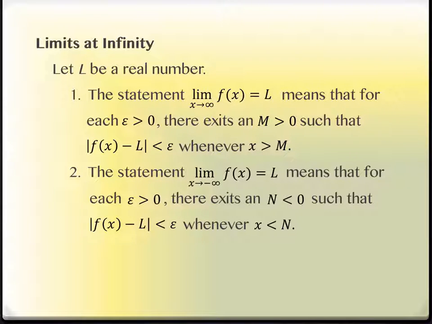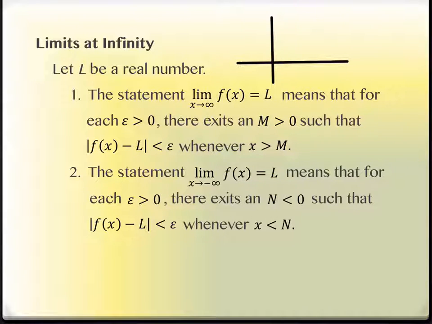The second piece is almost the same as the first one, except that you have a capital N and it says less than instead. What's really going on here is this capital M is a number that's getting infinitely large. The capital N is a number that's getting infinitely large and negative. Okay? So if you imagine in terms of a graph, what it means to have a limit that is infinity